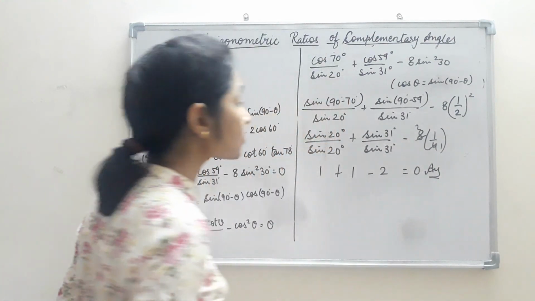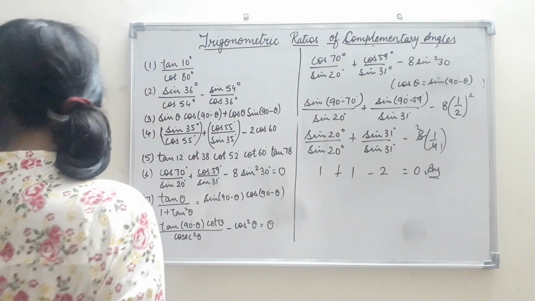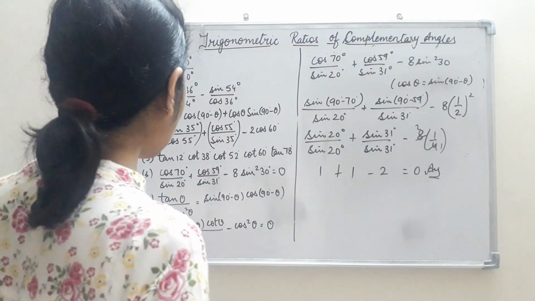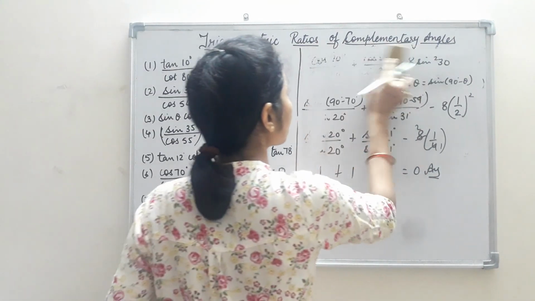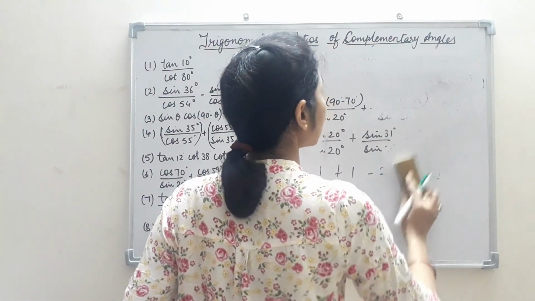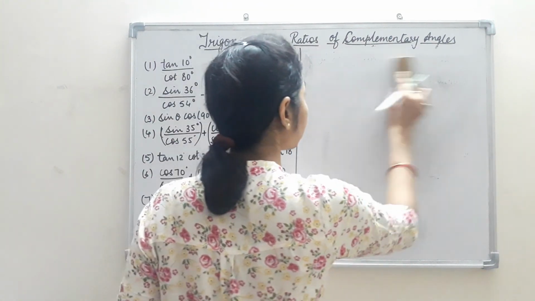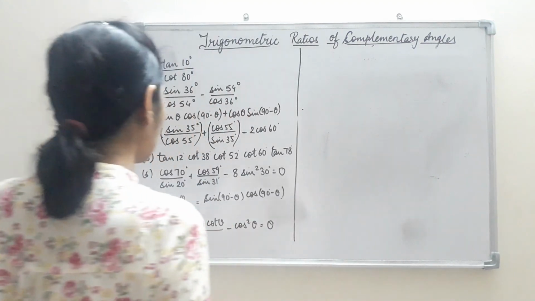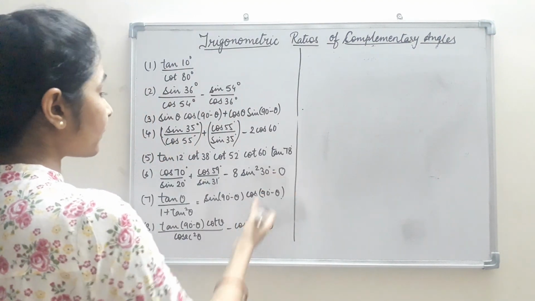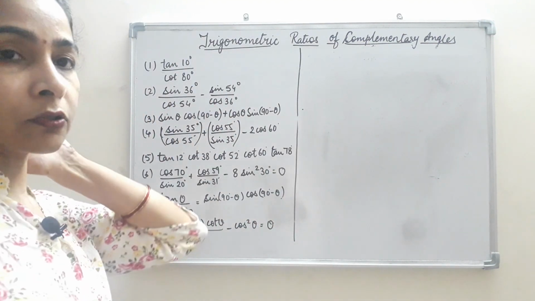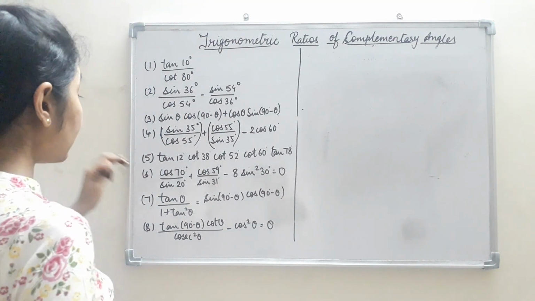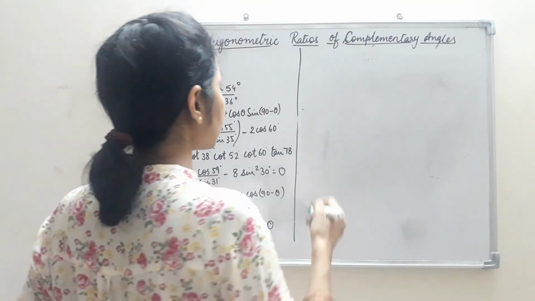1 plus 1 minus 2, that gives me 0 as my answer. Okay, now let's see the next one. It is to prove. Here we are supposed to prove, so we will take the LHS and then prove it as equal to RHS. Now what is given to us? Let's see. Okay, here we were supposed to prove equal to 0. So we have got the answer as equal to 0, then it was equal to RHS. Again, this also we are supposed to prove. So let us take the LHS.